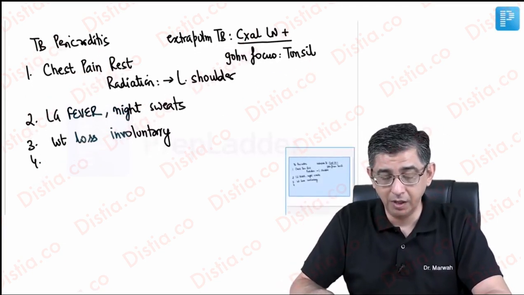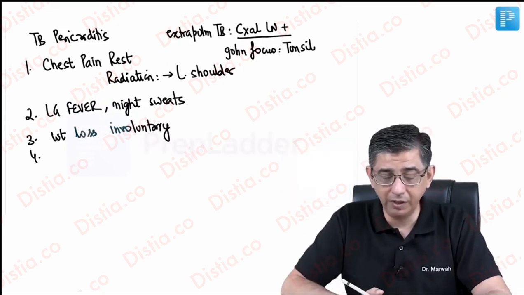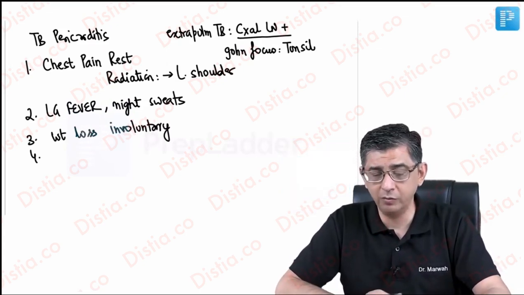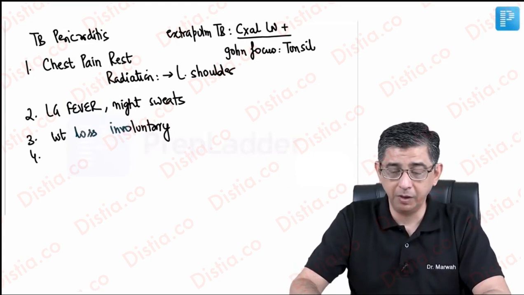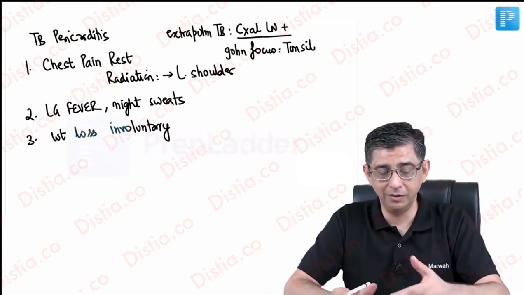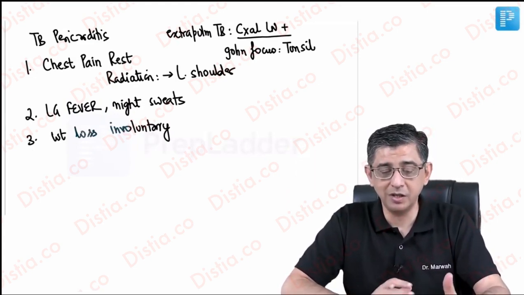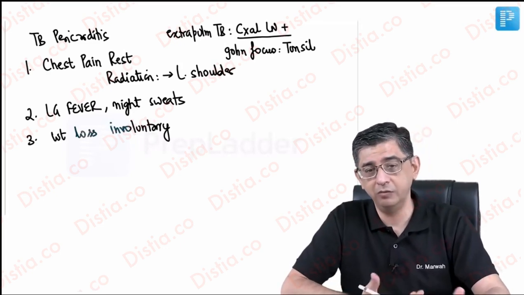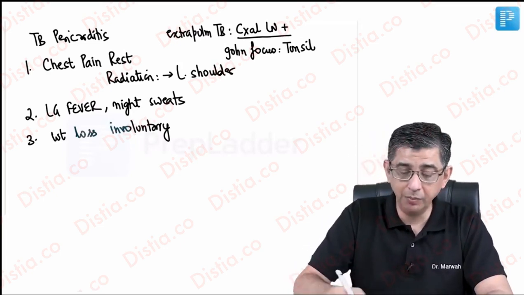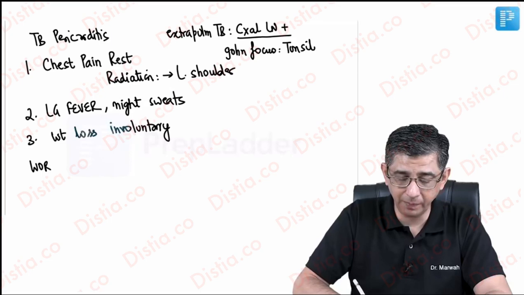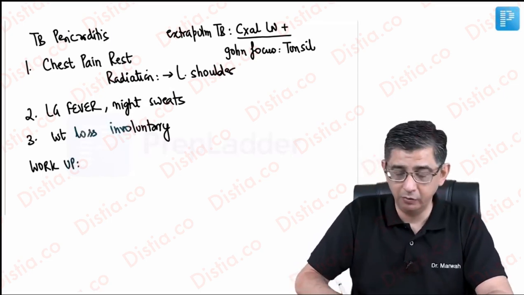So this particular patient maybe was even taking treatment for tuberculosis and was maybe non-compliant with treatment, and now the disease has caused an extrapulmonary involvement in this patient with the involvement of the heart. So in any patient who's having chest pain, it would be my responsibility to do a workup which would